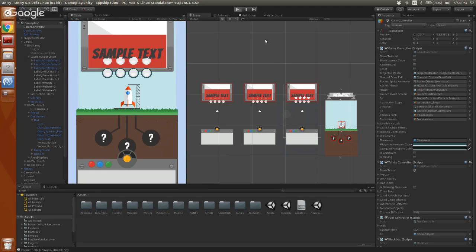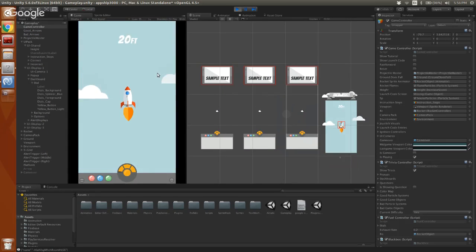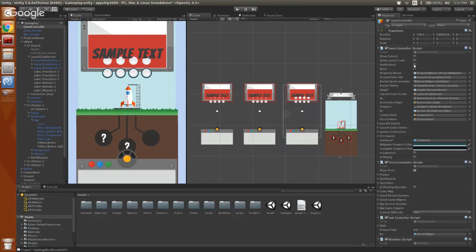But I'm just turning off the tutorial and the launch code. My rocket ship takes off, and it starts getting Firebase trivia questions, which I will not have the ability to answer. But this is the general idea of the game. You get questions, you answer them, your rocket keeps flying. To get to the end game sequence, I'm actually going to hit this handy button I have called fast forward that I programmed in that makes you die really quick.